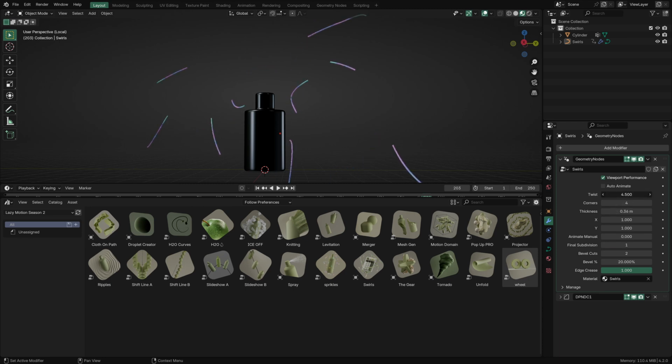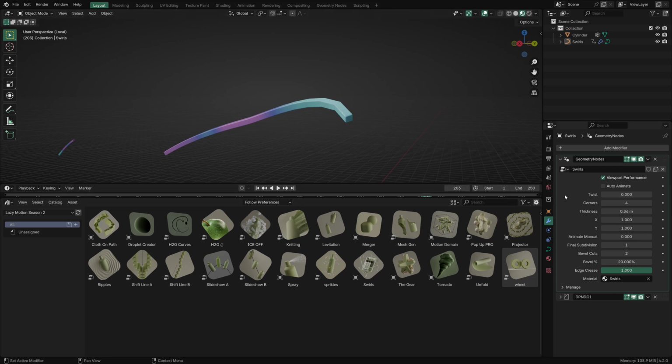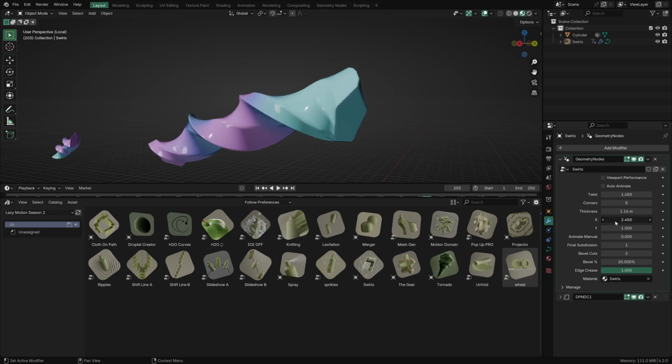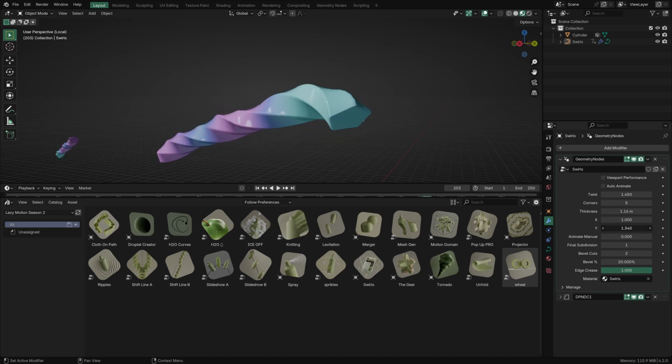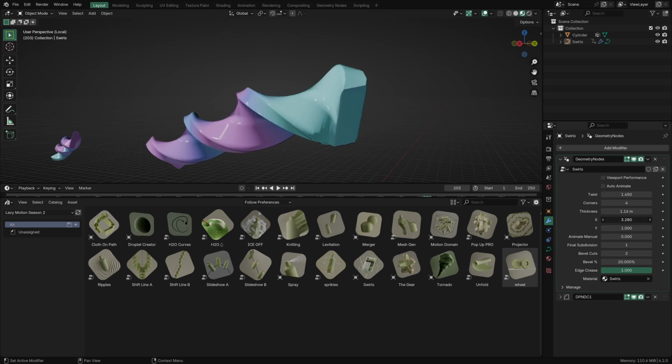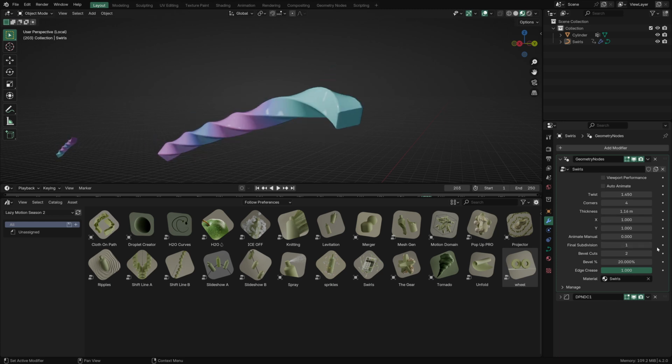We have the twist feature, and these shapes can be changed a lot. We have a twist, some corners, how many corners you want here, and some thickness options. If I turn off the viewport performance, you can see it's a lot smoother, but I need performance, that's why I keep it low poly. Then we have the X and Y stretching of this thing, which means if I have 4 corners, I can stretch it like that. And final divisions on top,